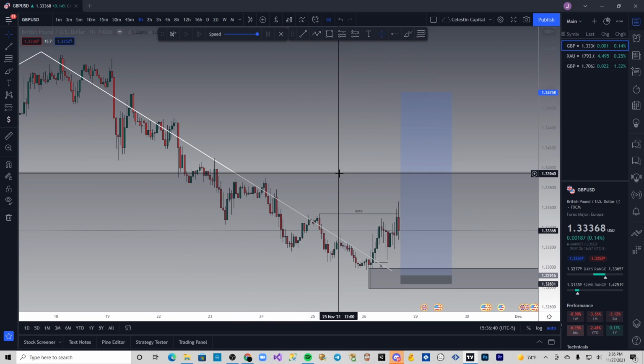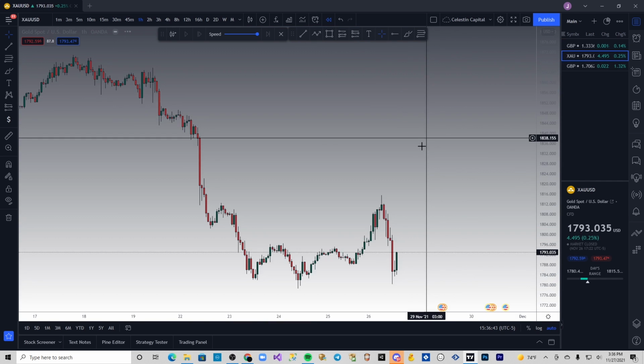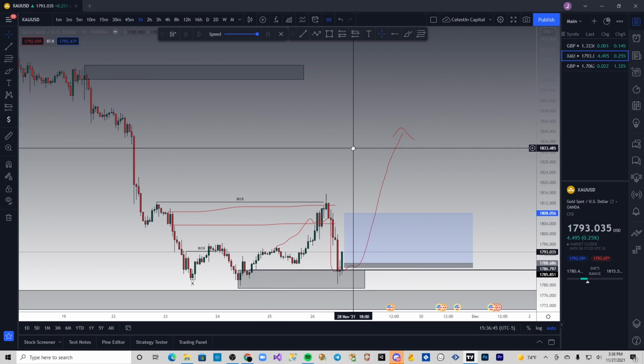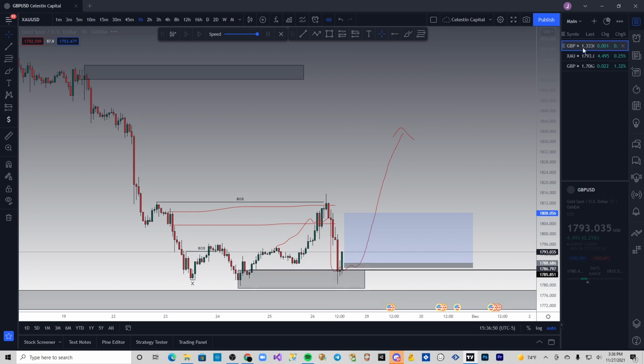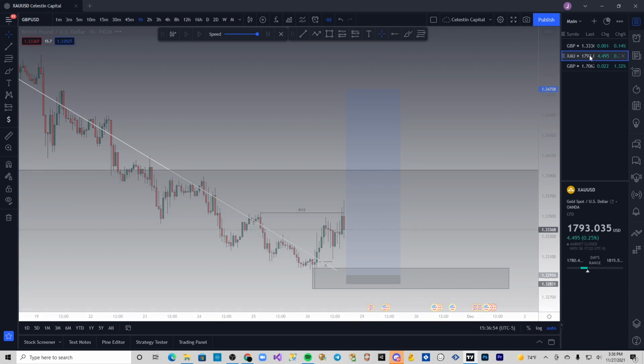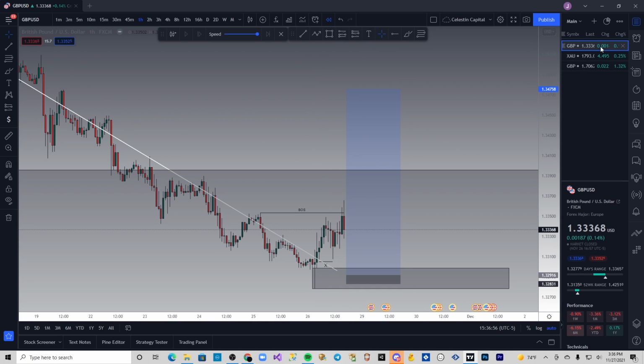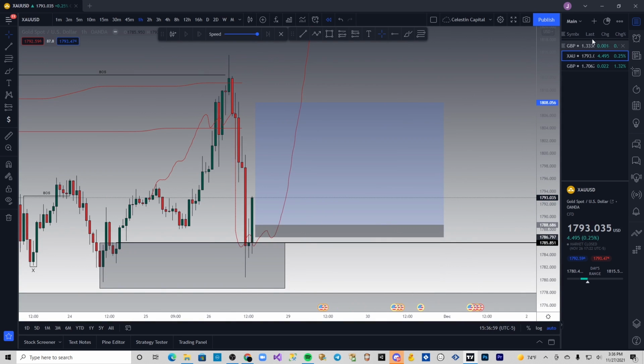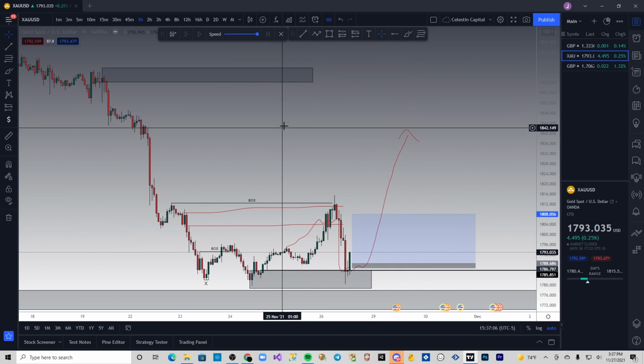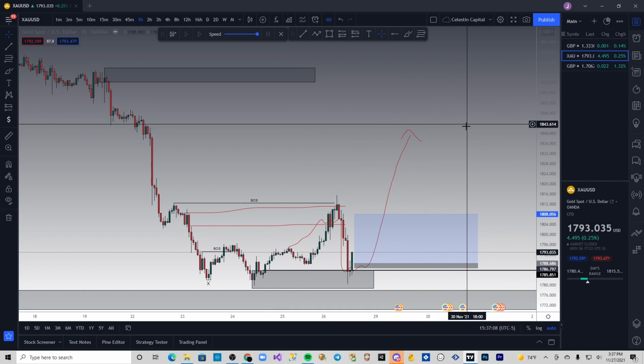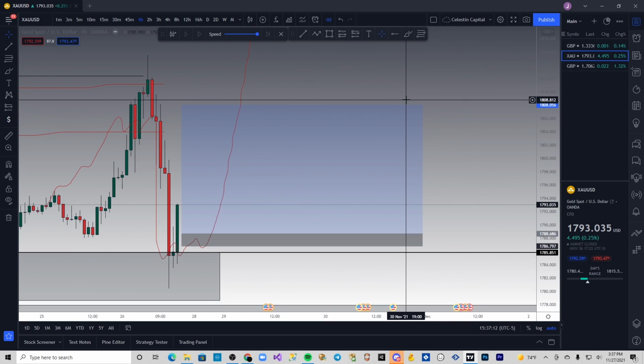So for GU, bullishness. For gold, now a lot of people might trade based off of, just because the dollar's in both, they like to look for the same, or they call it pair correlation. That's what it is, because the dollar is the quote currency in both. So if the dollar goes up, they're expecting GU and gold to go down. If the dollar goes down, they're expecting GU and gold to go up. So they're basically looking for the same